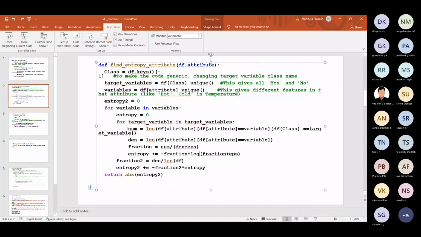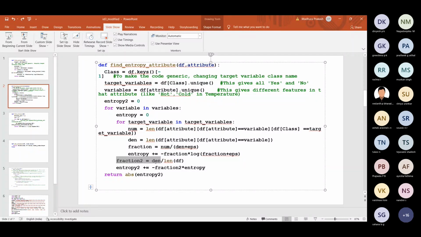Not only that, so this inner for loop you can check, see here it gets closed here. You don't only have to do that, you also got to compute the entropy of Sunny. The whole idea is to compute the entropy of Sunny, so you need to know the entropy of Sunny when it is positive and Sunny when it is negative.